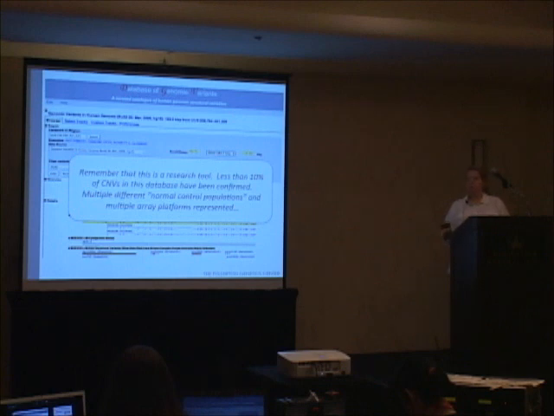Less than 10% of the CNVs in this database have been confirmed, and especially from the early work, the BAC arrays and some of the low density arrays, a lot of those CNVs are artifact, and they've not been culled from the database. It doesn't have to be culled. The way they're using this is for very large scale research efforts. But just because you see a deletion in a normal control population: one, it might be an artifact. Two, it might be sized incorrectly based on the platform used. Three, you have to go to the primary piece of literature to understand how that normal control population was selected.